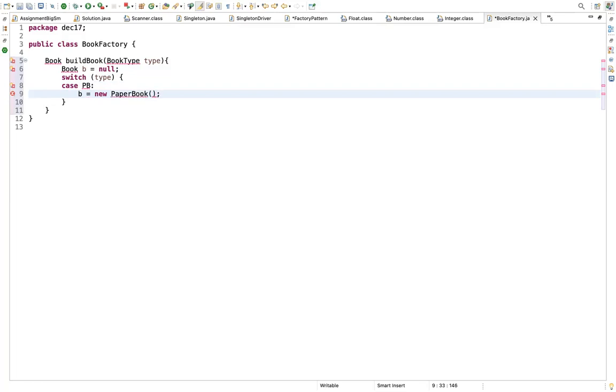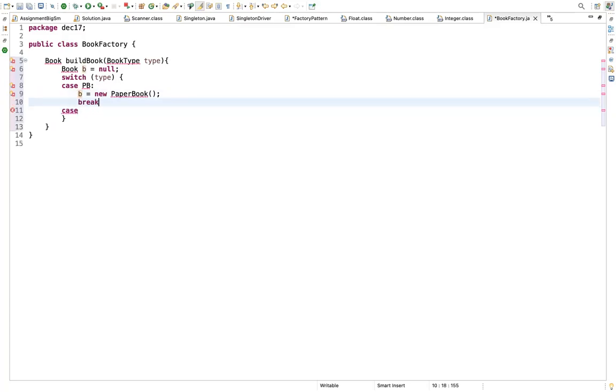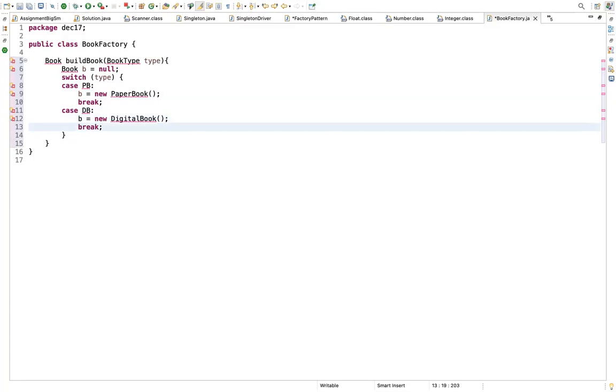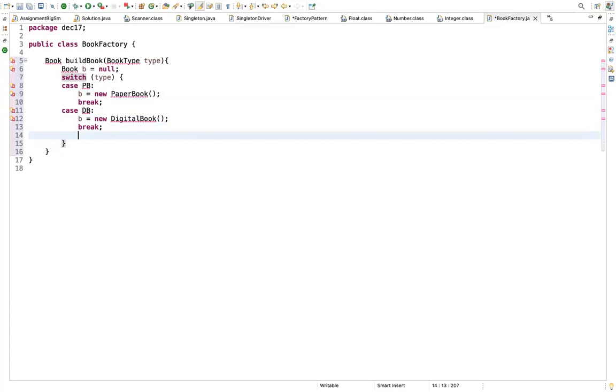Right now we'll have only two types, and if you want, you can try enhancing it a little later. Break this one, and in the other case we'll have digital book, DB, and B equal to new DigitalBook, then break. Then have a default, and just give a break alone.